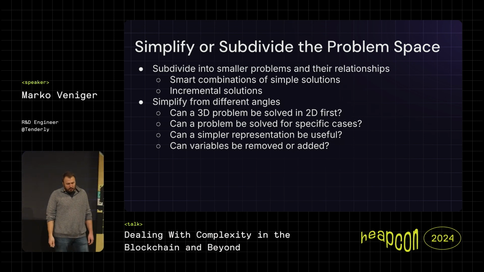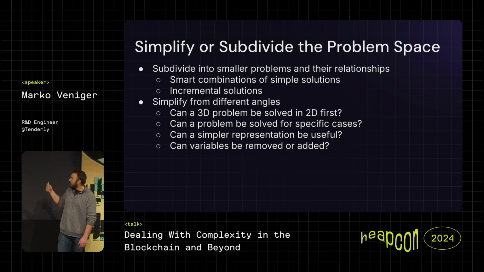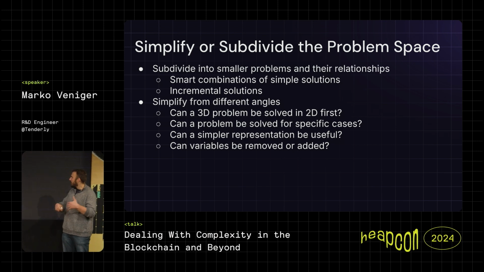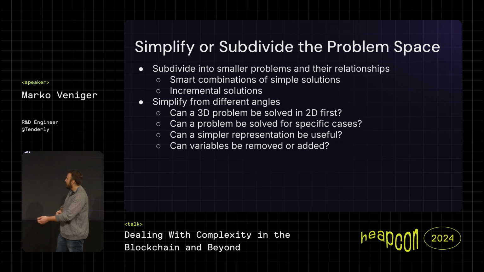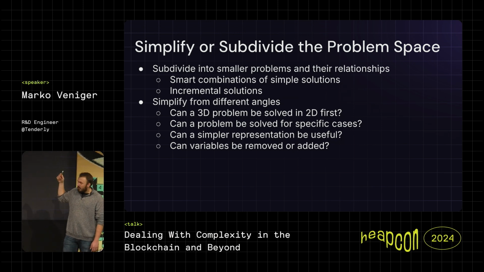The problem there is you're never sure if you subdivide it correctly. So back to the first step, always question everything. If you subdivided it one way, like on user level, which are the different groups of users you can subdivide onto, or what are the different inputs, or what are the different stages, maybe think about it, maybe subdivide in a second category or something like that. Also, incremental solutions, try to find some starting point, maybe a simple problem or sub-problem that you can build upon. This is how we built up our compiler.